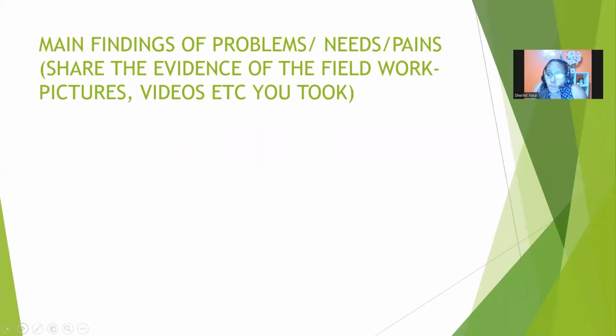You spoke to your customers and you are going to present your findings. Now, how are you going to present your findings? You can use graphs. You can use pictures. You can use words. Remember, in a PowerPoint, you don't want to crowd it with too many words.